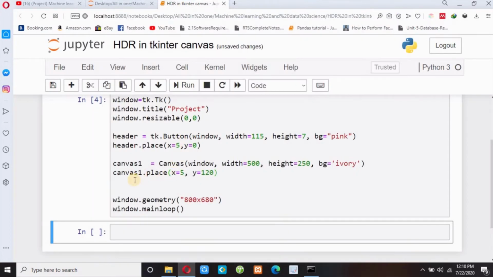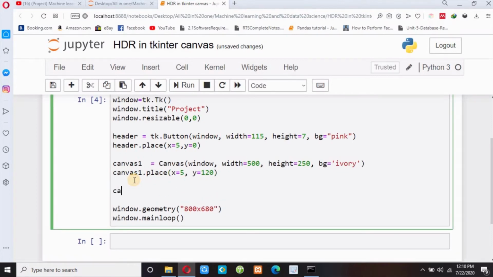And let me define another canvas. Canvas2 equals Canvas. I have to put the canvas inside the window, and the width equals suppose 500, and height equals the same height, suppose 250.